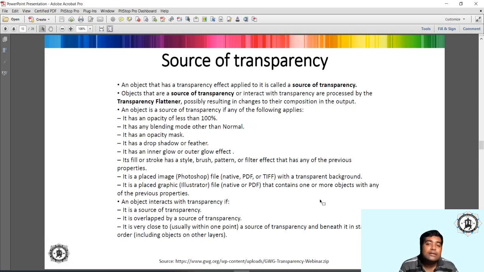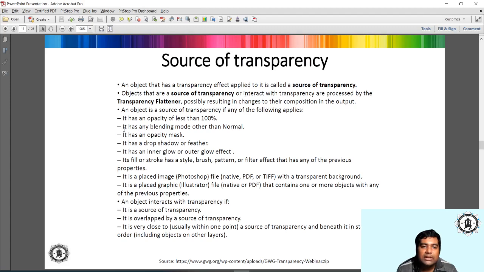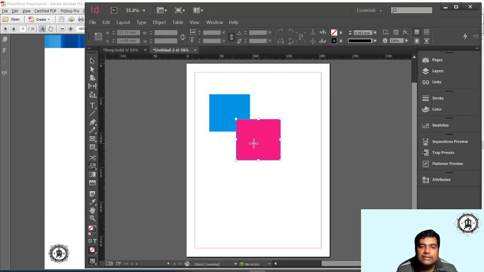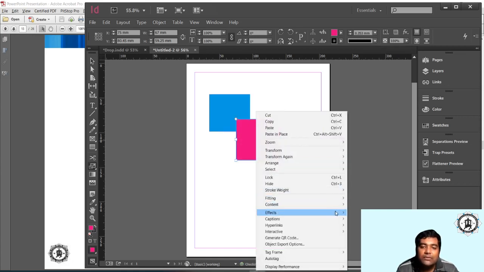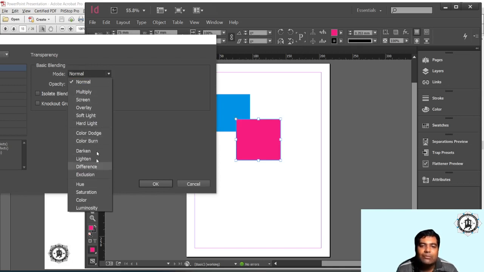for flattening. So if you are using a blending mode, as I showed you over here, or the opacity is less than 100. So let us change the opacity over here. If we are using an opacity of say less than 100, naturally there is this kind of interaction between both the objects, and this will also lead to transparency. Another thing is the blending mode that we have chosen, that was normal, right? So I switched off the overprint just to show you. Blending mode is normal. Now if we select any blending mode apart from normal, let us say multiply,